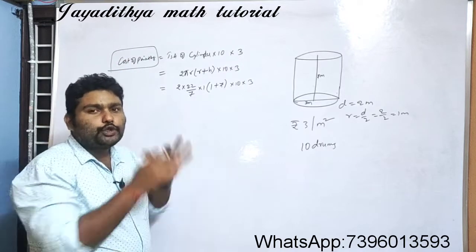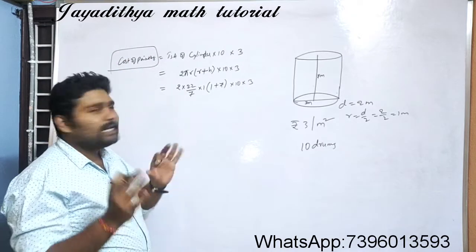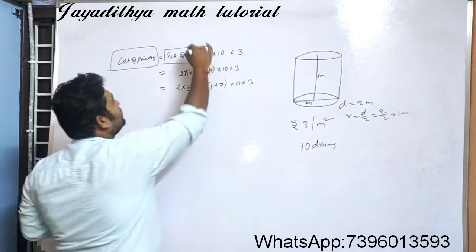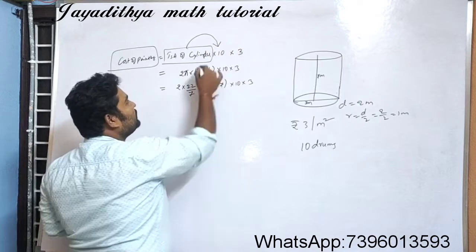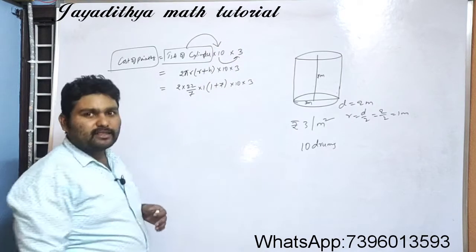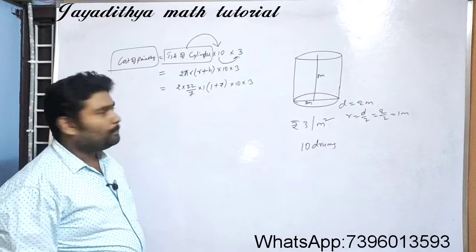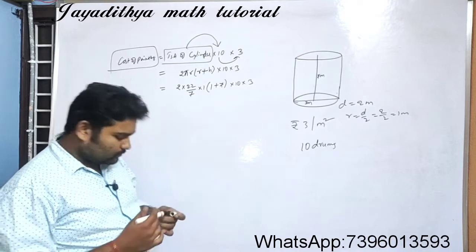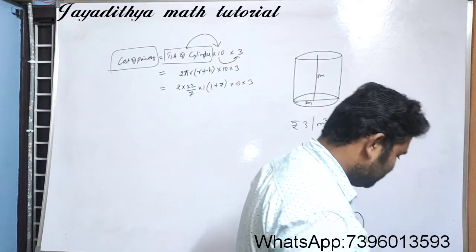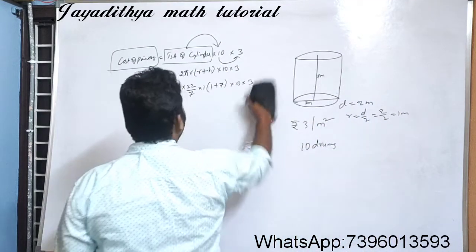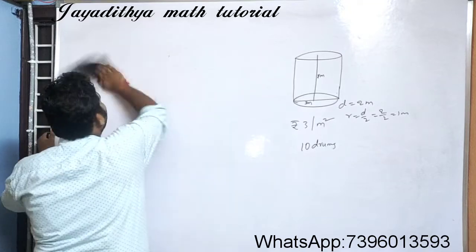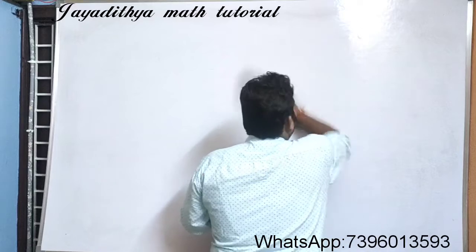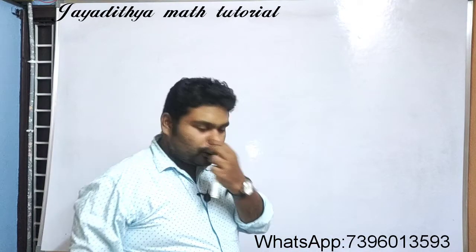You can also do each and everything in an individual manner. First you find the total surface area of a cylinder, then you can multiply it with 10 drums. After multiplying with 10 drums, you can again multiply with 3 in order to find the cost of painting. So I have done here in a direct manner. You can do in any manner, but you need to write complete statements explaining why you have written that statement, that formula, why you are using the total surface area into 10 into 3.